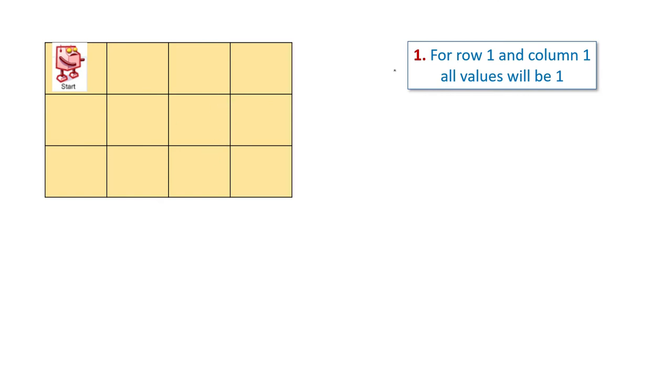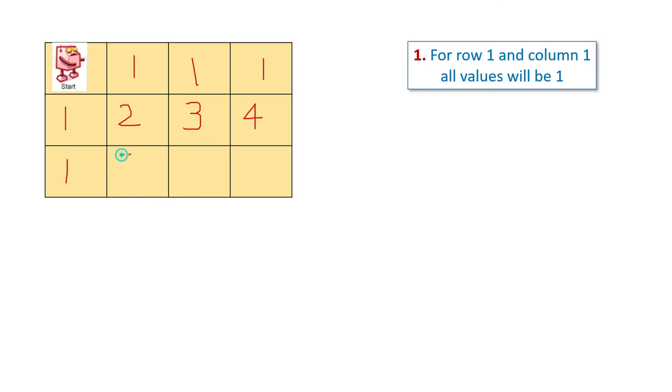So as I have mentioned, all will be 1 here because they are the first row or first column. Then I have to add 1 and 1, this will be 2. Then 2 and 1 I have to add, this will be 3. 3 and 1 I have to add, that will be 4. This 4 means if my end point is here, then in total 4 ways we can come from here to here.